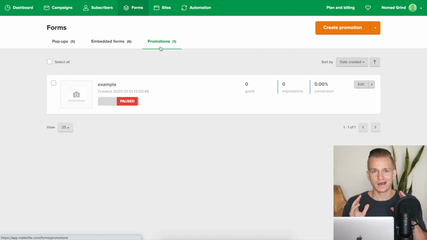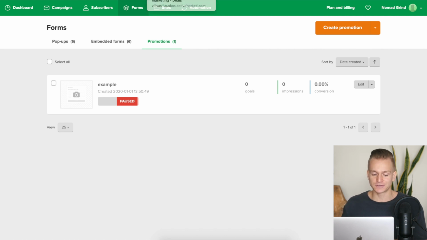All right, so when it comes to the ease of use in general and the user interface and all of that, because I know that is important to some people, especially if you're just starting out with email marketing. When it comes to MailerLite, I give them a lot of props. I think this is probably one of the easiest email marketing softwares to wrap your head around. They really made everything very, very simple and easy to use and very straightforward. So I would say a lot of props to them. It's going to be very easy to use.